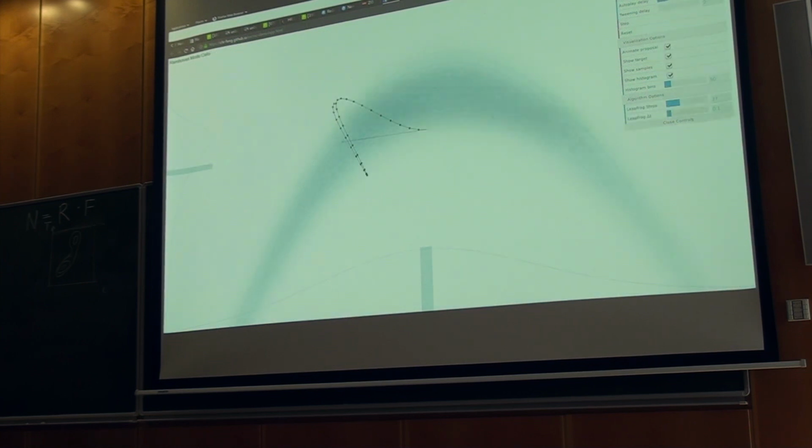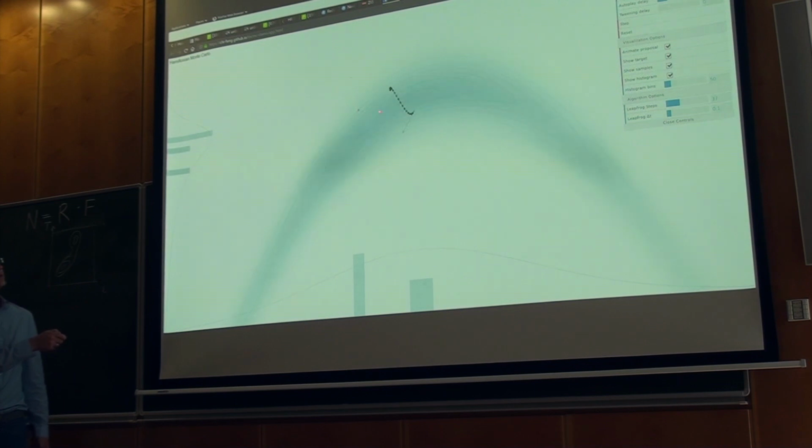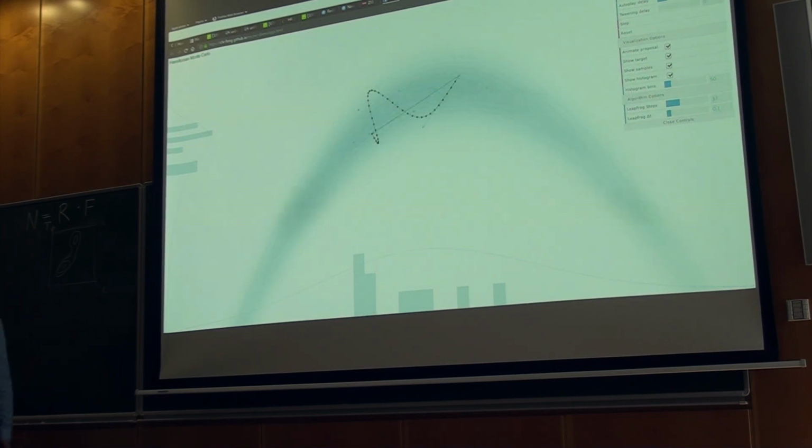The Hamiltonian, the difference is that it uses the gradient information, so the gradients tell you how easy it is to walk. If you imagine a marble on a surface, how easy it is to walk, and it makes much longer jumps. So the samples are much less correlated. And if I speed that up,